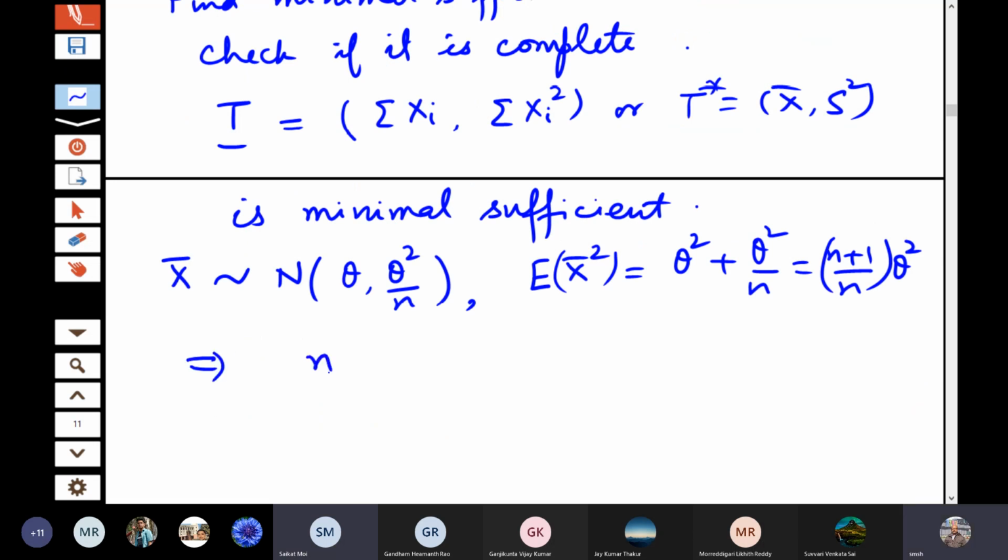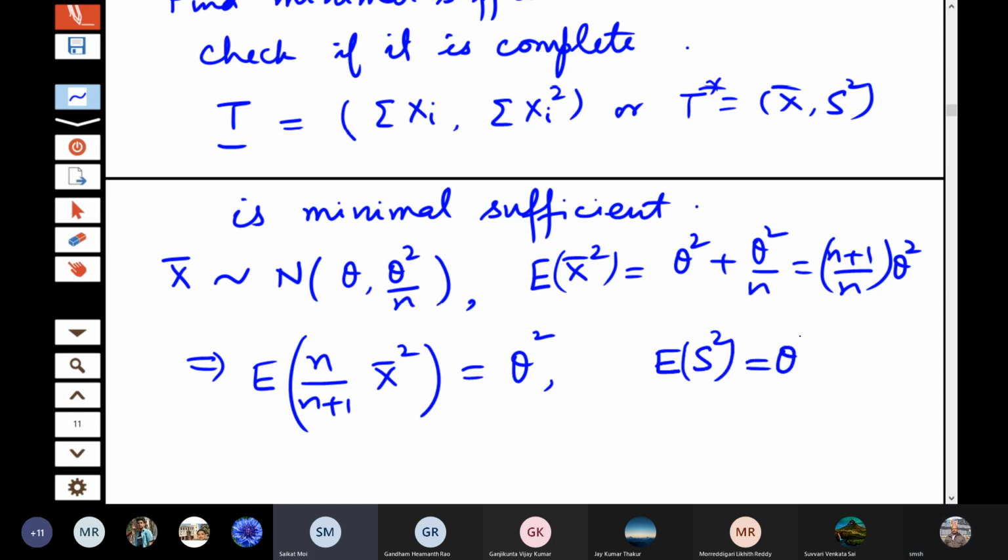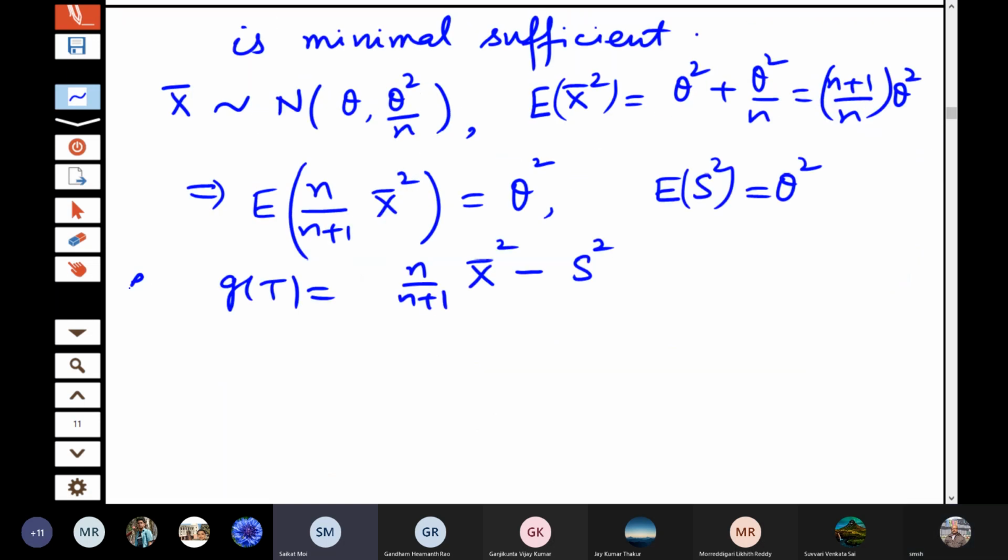This means that the expectation of n by n plus 1 X bar square is equal to theta square. Also expectation of S square is theta square. So if I consider the function g(T) equal to n by n plus 1 X bar square minus S square, then expectation of g(T)